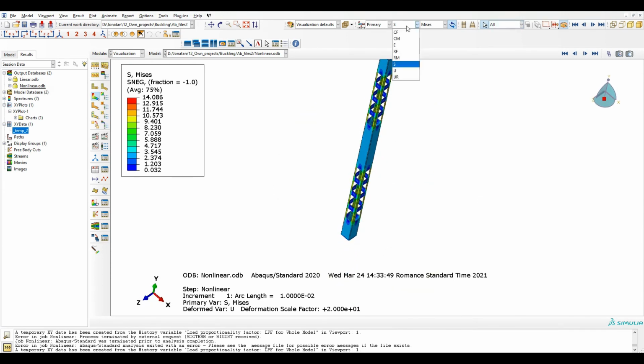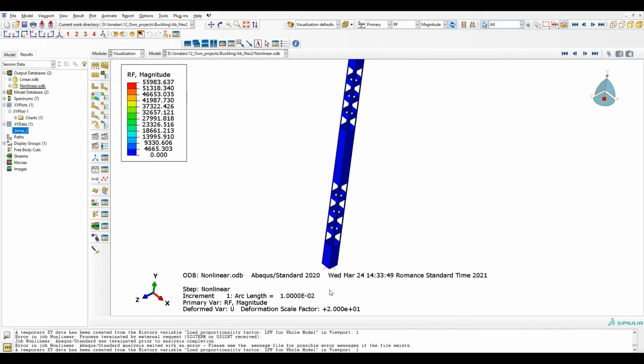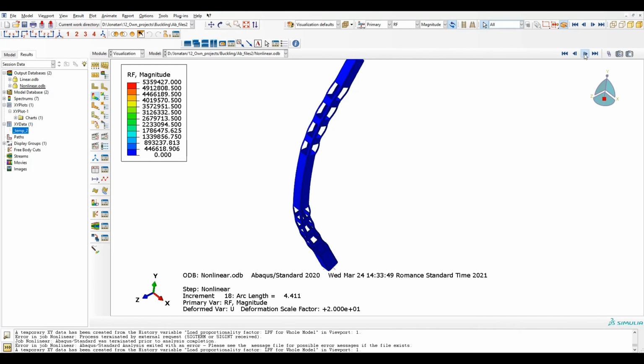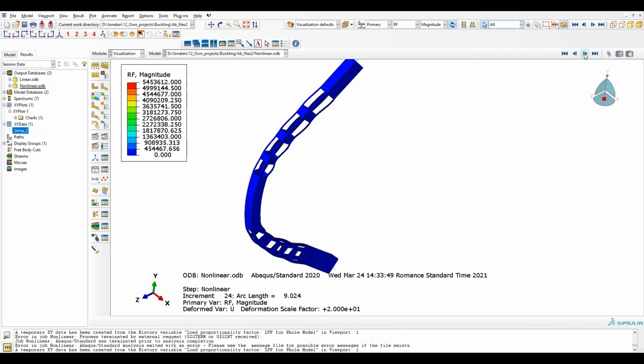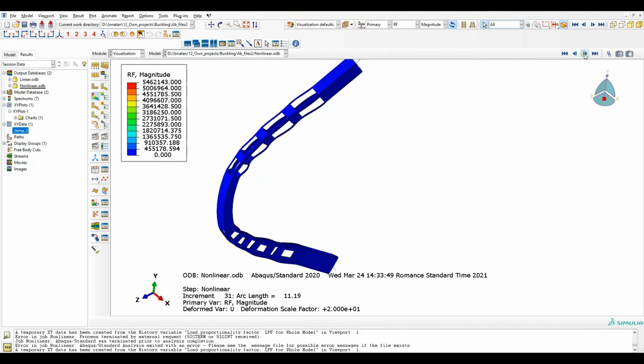How we can check that? Can go to RF. This will give us the reaction force at the bottom, and the reaction force should be equal to the nonlinear buckling load calculated. So let's see. Yeah, so the value is this one.